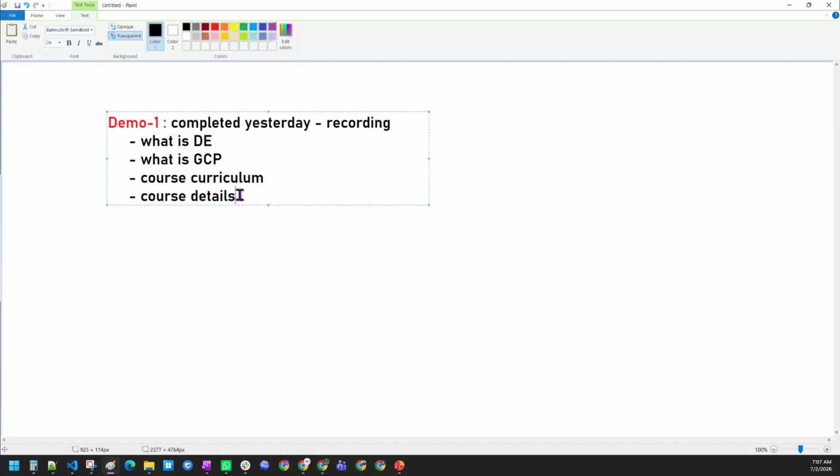And today we are going to have the demo session. It is called Demo-2. Today is going to be the Demo-2, guys. In this demo session, I am going to tell you what is GCP one more time, and I am going to talk about the main important topic, which is GCP interfaces.